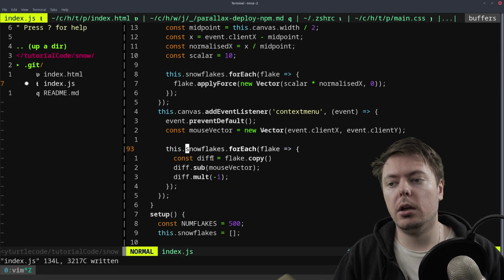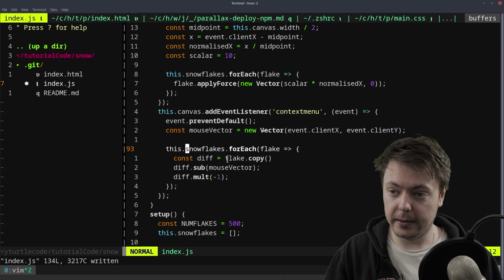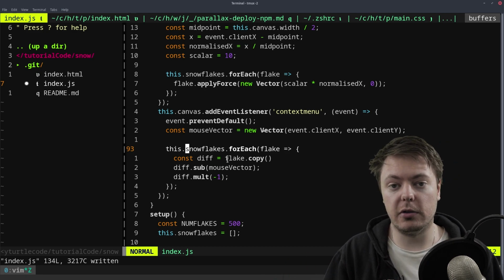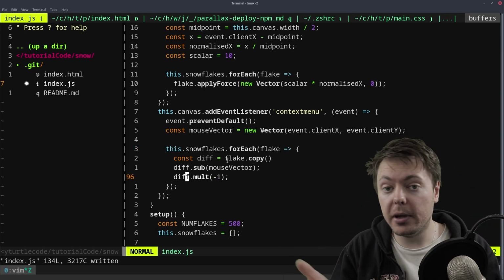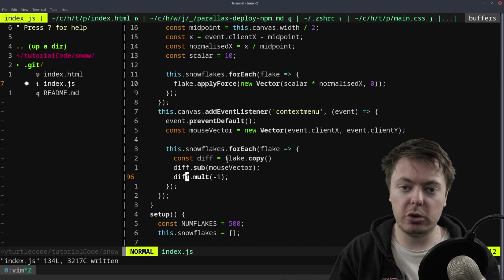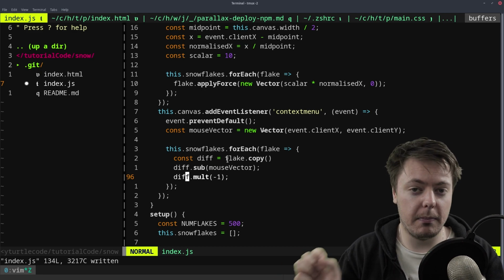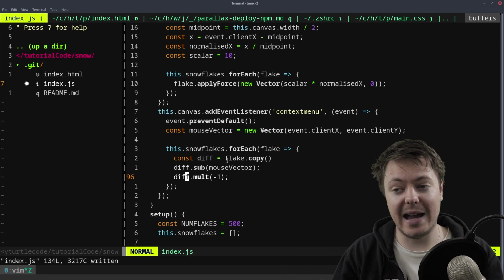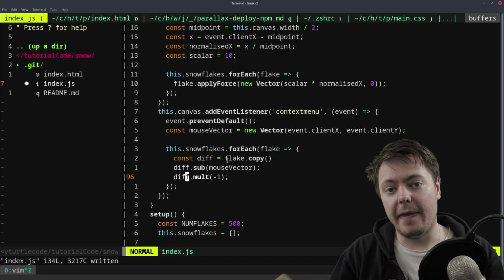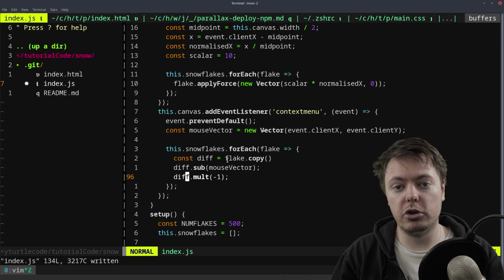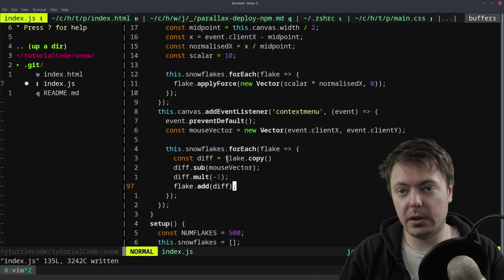Okay, so typos aside, we're making a copy of the flake, and then we're subtracting the mouse position vector, multiplying it by -1. So that should, if my memory serves me, give us a vector that points from the snowflake to the mouse. And then we can apply that vector as a force on the snowflake. So we could say flake.add diff. And hopefully